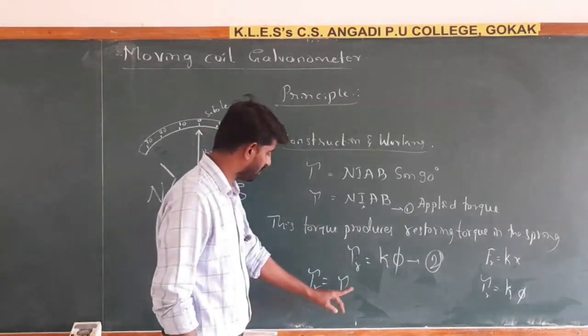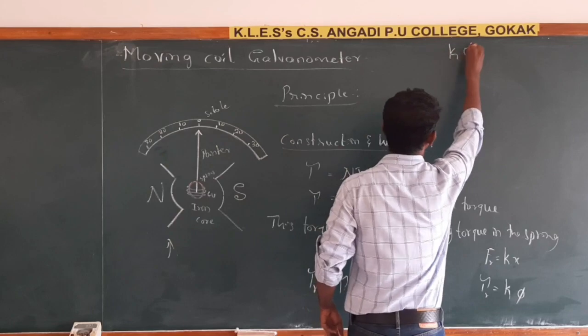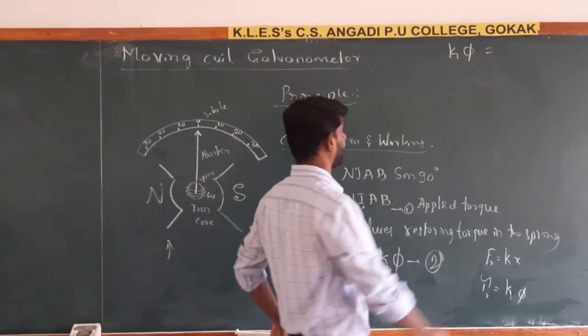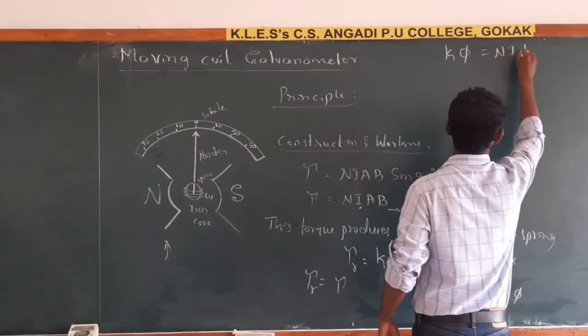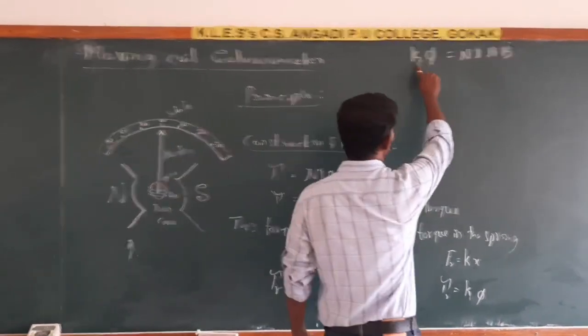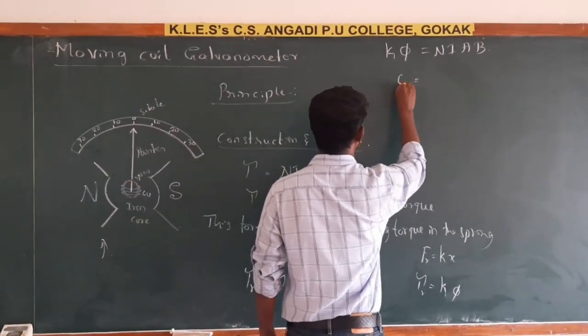Okay, substitute the values. The tau r value is k phi. Tau r value is k phi is equal to tau, the applied torque. It is NIAB. So its value is NIA into B. Okay, so if I take the k this side, that is phi is equal to